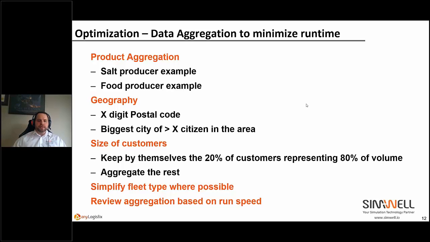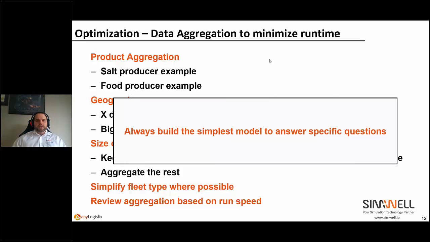So this is not necessarily an exact science. It depends on every single project, but these are certainly things to keep in mind and practical tools to consider. But at the end of the day, I can summarize all this by: always build the simplest model to answer a specific question. So that was for optimization.